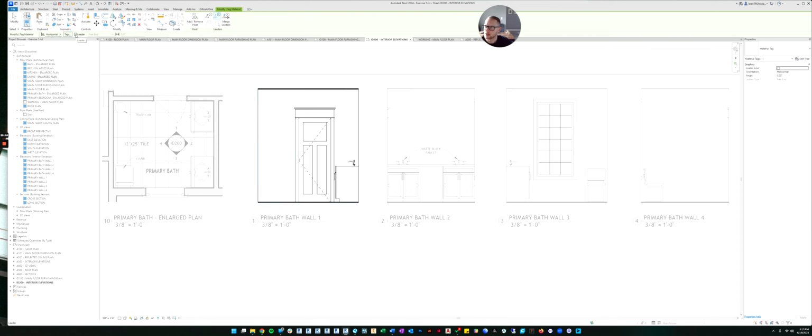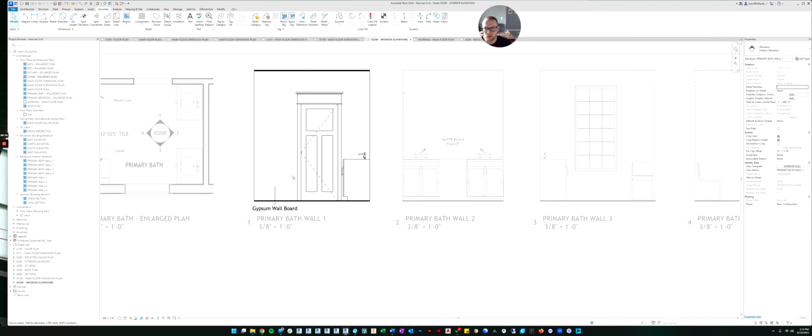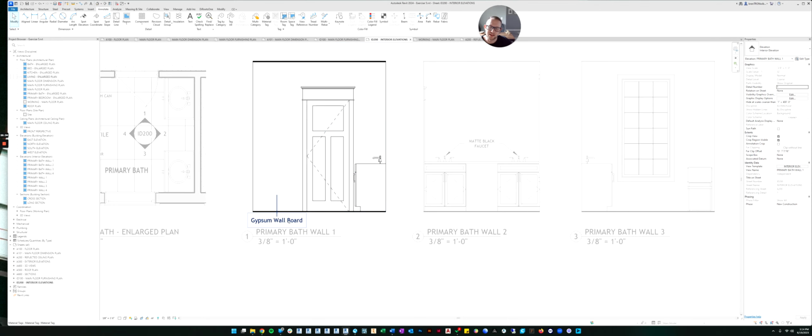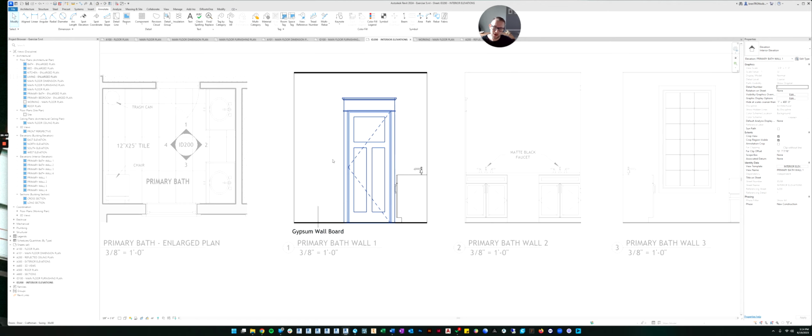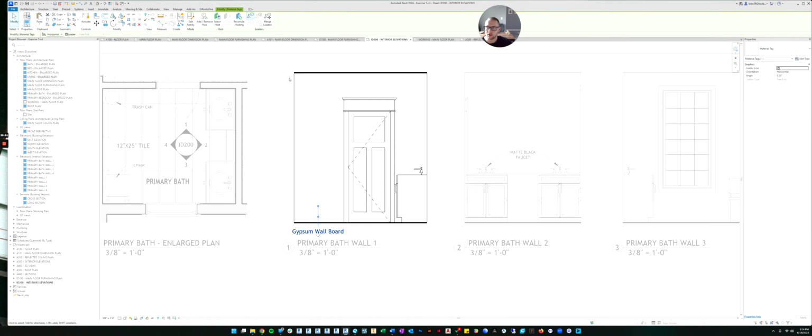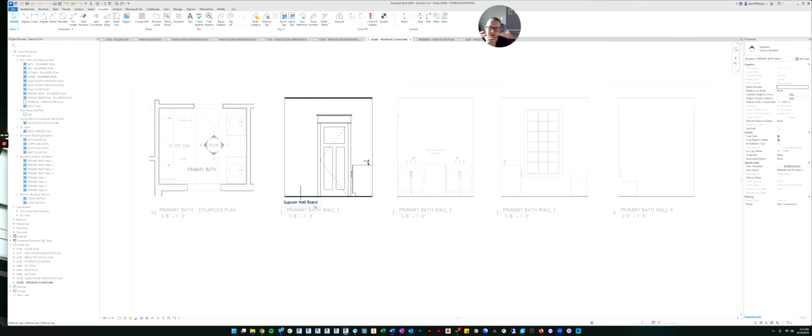You can also, before you click, come over here and hit leader. And then you can create a leader line. So now if I wanted to tag that, I could easily do so like that. So now it's pointing to the wall and it's saying this is gypsum wallboard. Or if you had done painted wallboard, it would say painted wallboard. Or if you called it black painted gypboard, it would say black. So whatever material you've assigned, it will call out. And so that's probably something that's semi-important for interior designers to know.